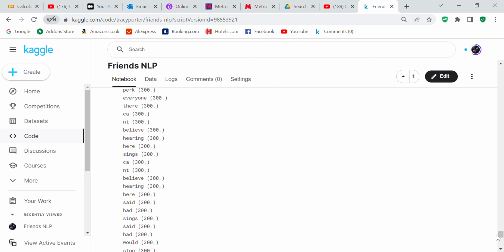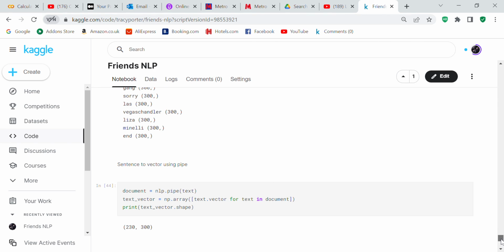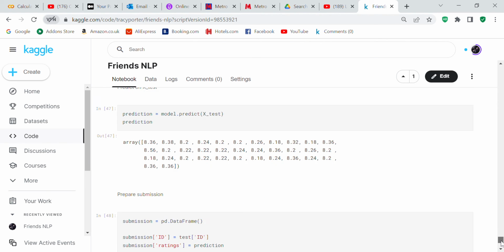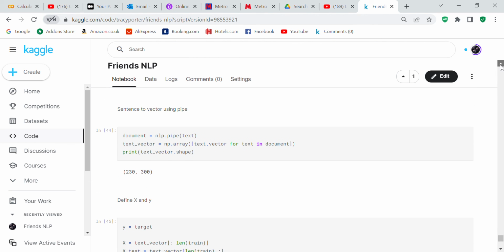I'm going to hash out these print statements because they're just cluttering up the program. So now we're going to take a sentence to vector using pipe. And you've got 300 columns. There it is right there.